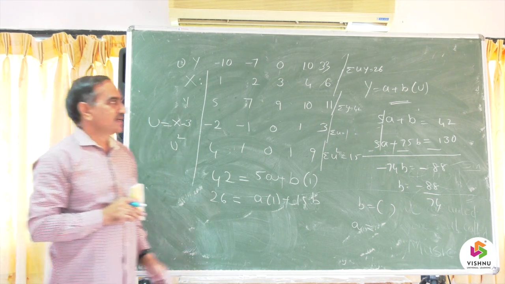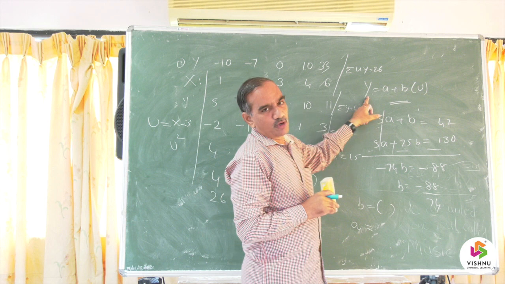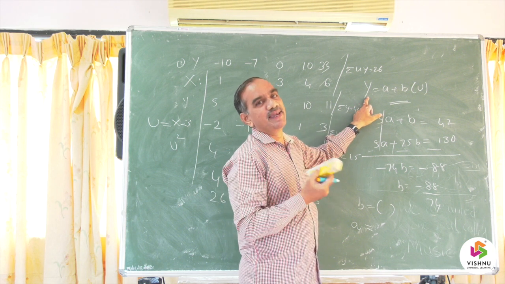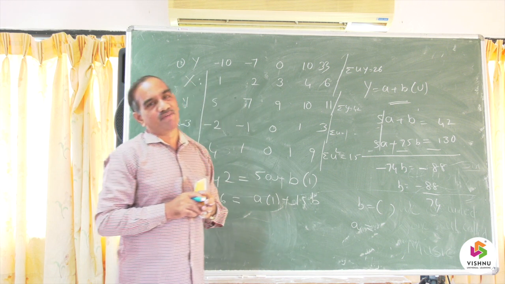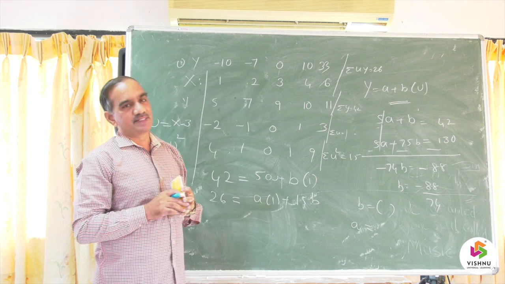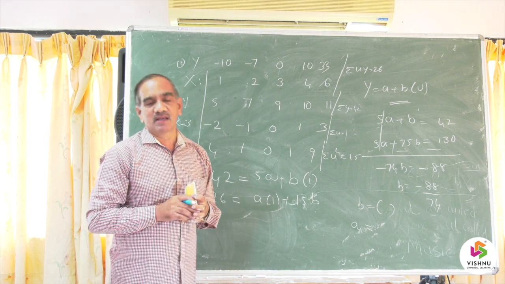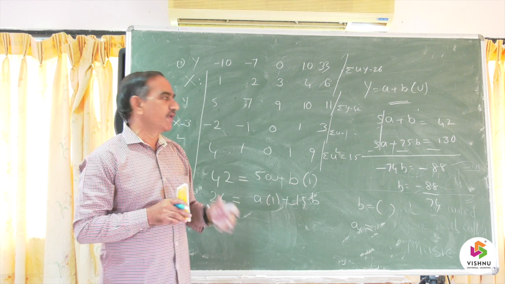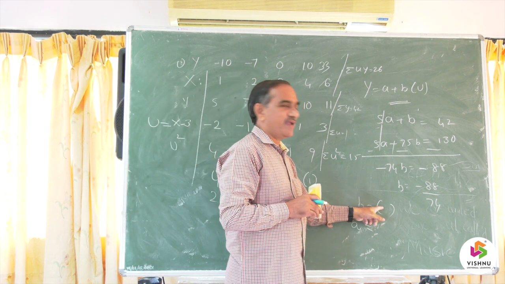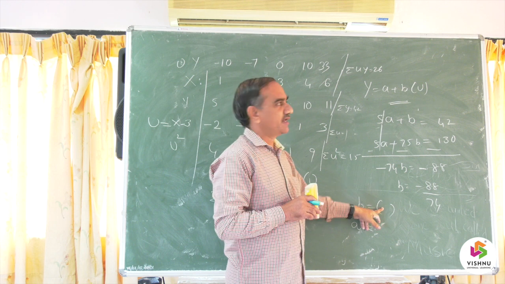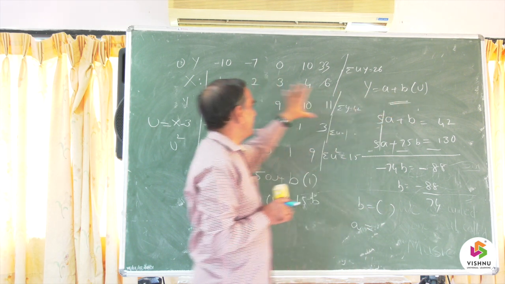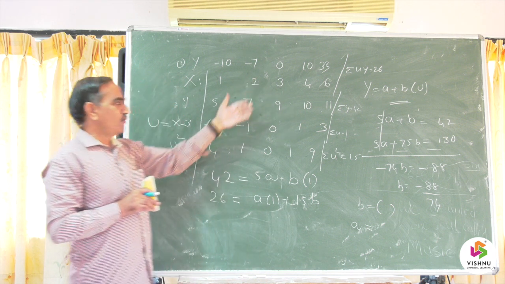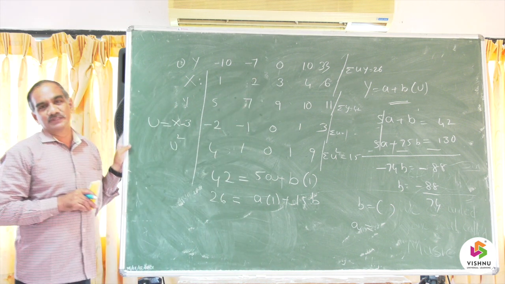So it is known as fitting of a straight line by using the principle of least squares. We have to minimize the square of the differences. That is the main concept. On minimizing the error sum of squares, we have solved the best values of a and b, the best values of the parameters. By putting the best values, we get the best fit for the given data. In this way, we have to solve the equations.